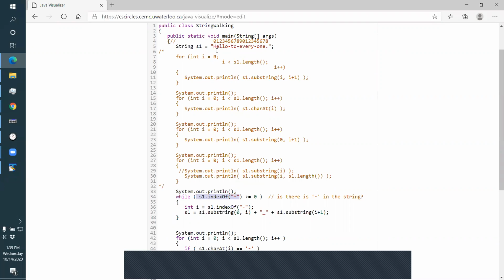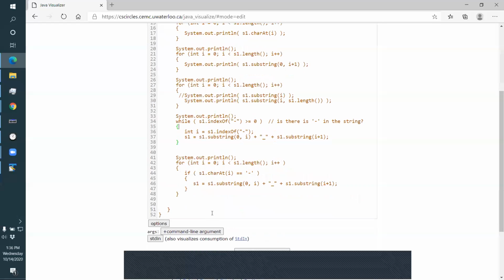This one always starts back at the beginning because it doesn't know where the hyphens are. When you call index of, it's supposed to find the first hyphen, so it always starts back at the beginning. If this is a billion character string, it's going to walk the billion character string a billion times. Well, as many times as there are hyphens. For every time you ask for a hyphen, it has to walk the whole string. So if you had a string that was 1 billion characters with 100 hyphens in it, this would walk the billion characters